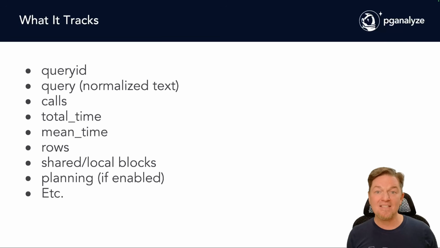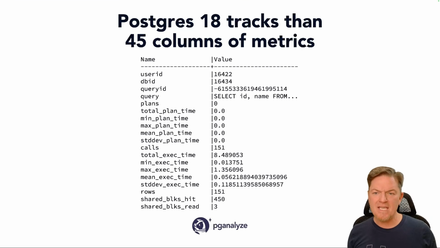It tracks things like a unique query ID for every normalized query text. It tracks the actual query text, the calls, total time, the mean runtime, how many rows were selected for that statement, locks, blocks, planning, all kinds of things. In fact, as of Postgres 18, there's at least 45 columns in this view when you select from it. There's a lot of data, and it can be really helpful in finding the problems,